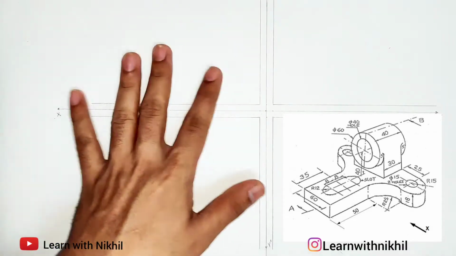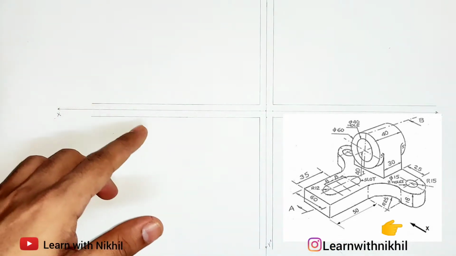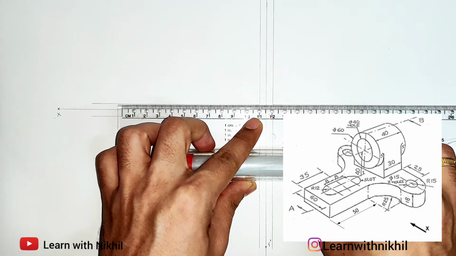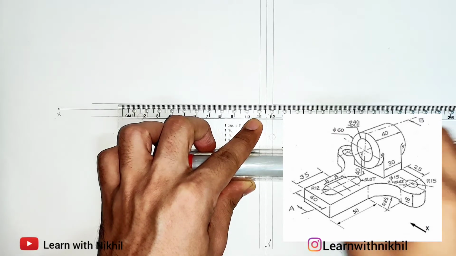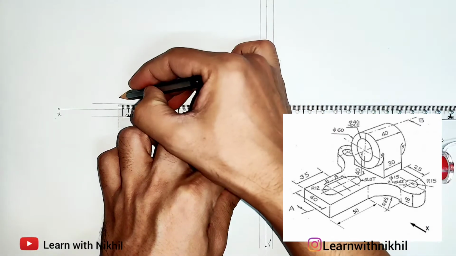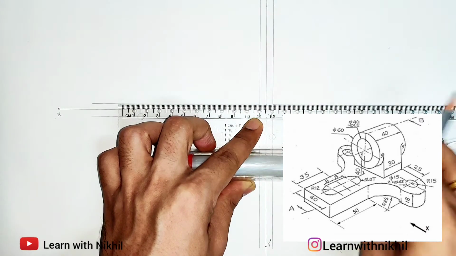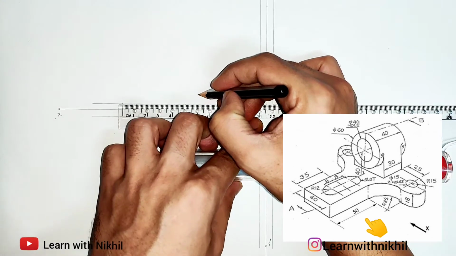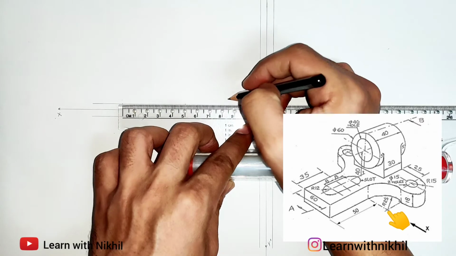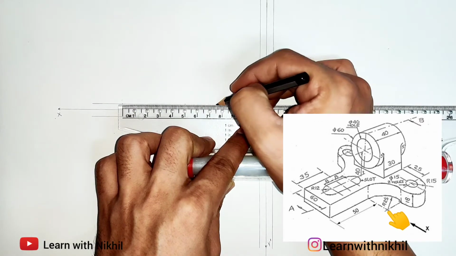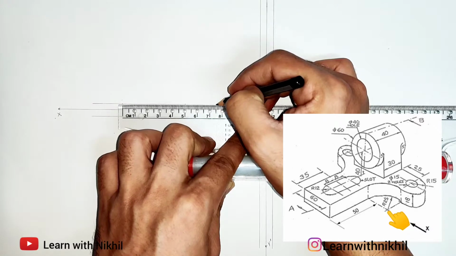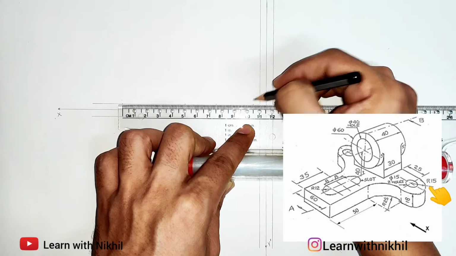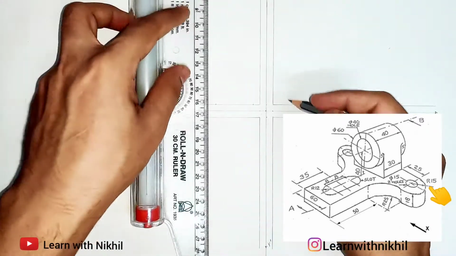According to our figure, in the direction of X, we will start drawing the front view here. As we have calculated, the total width for the front view is 110 millimeters. So let's begin. First I'll mark the total distance, this is 110 millimeters. First the dimension of 50 will be marked. After that we have a curve of radius 25, which will look like a straight line from the front view. So this is at a distance of 25 from 50. After that you have the diameter of 30, radius given is 15. So we have marked that.